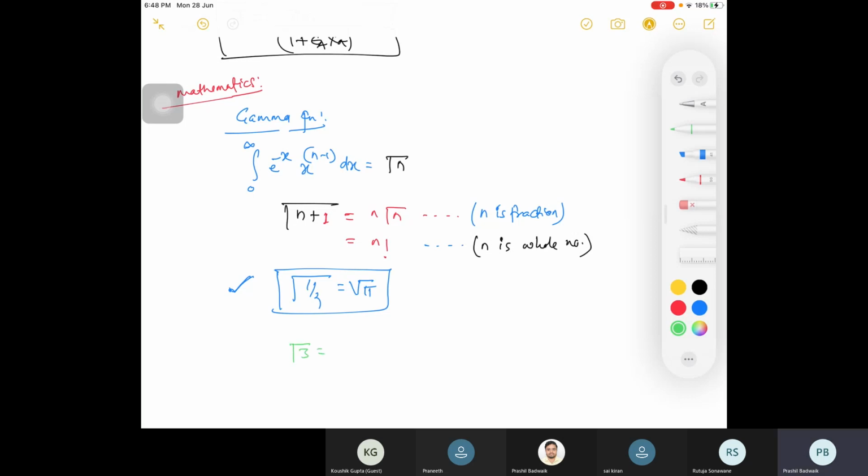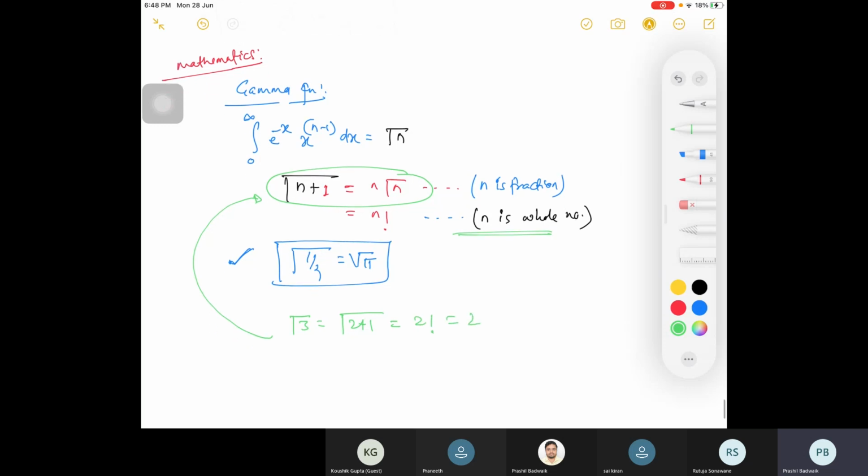Gamma 3 is, just convert it into this form. 6. Okay, that is your gamma 3. You just express it as a factorial. It will be 2 plus 1, and you know what this is, right? If it is a whole number, that is your n factorial, so it is 2 factorial, and that is your 2. Okay, then second, what is your gamma 1? 0 factorial, and that is equal to your 1.